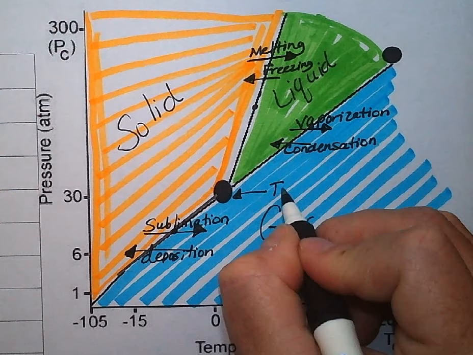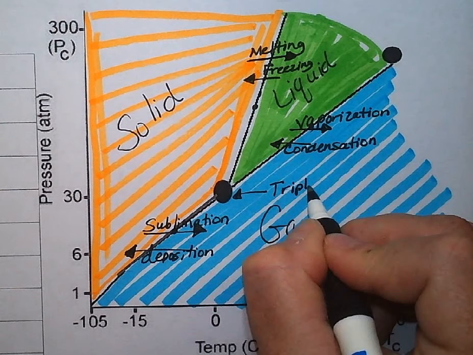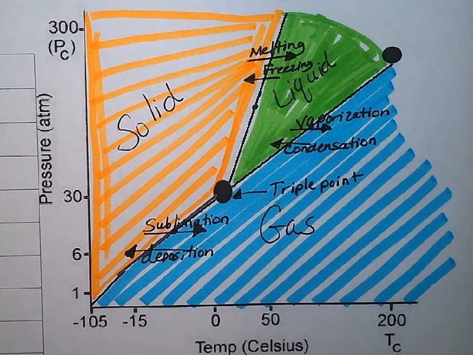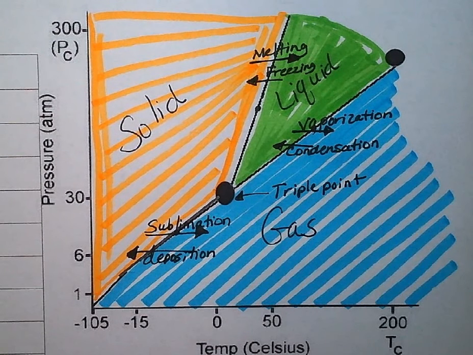And the triple point is just what it seems like. It's very, very common sense. You have three phases of matter. What do you think might happen at the triple point? They're all going to be present. That is exactly right. All three phases of matter can exist at this temperature, 0 degrees Celsius, and at this atmospheric